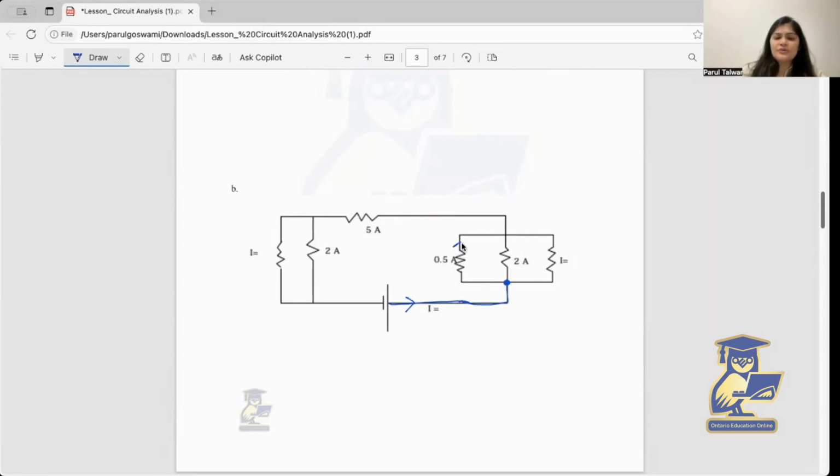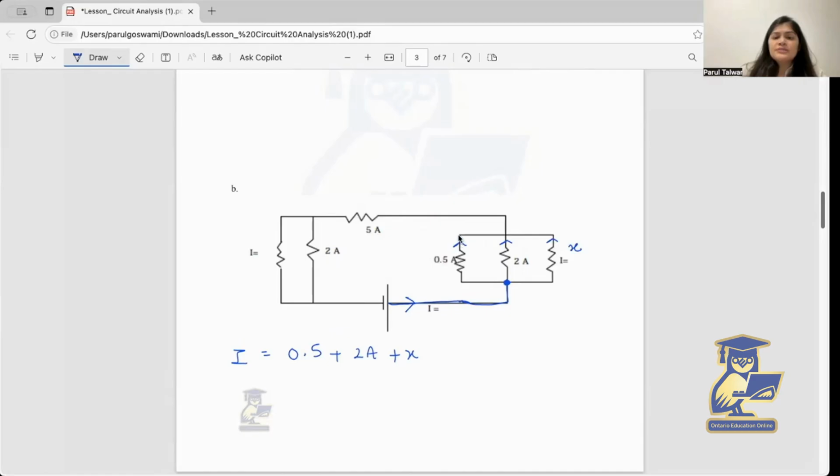In the first pathway, which is this one, the current will be 0.5 ampere. In the second pathway, the current is 2 ampere. And in the third pathway, we do not know the current. Let's say this current is X. We don't know what the current is, right? So I can write that this total current I splits up into 0.5, 2 ampere and X. So let's write the first equation: I equals 0.5 ampere plus 2 ampere plus X, which is incoming current equals outgoing current.